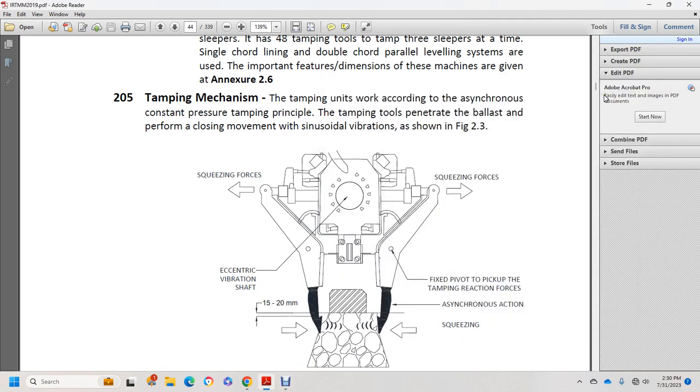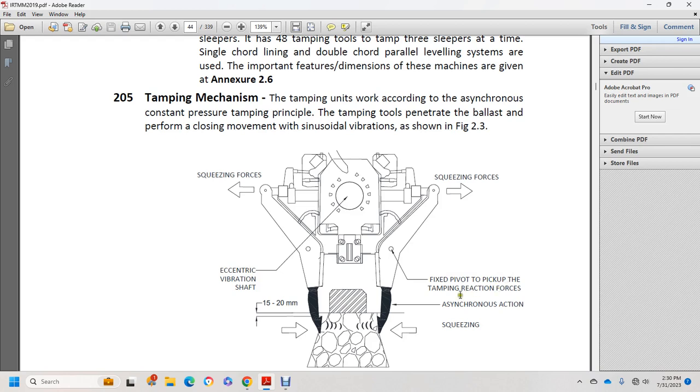2.5, tamping mechanism. Tamping units work according to the synchronized constant pressure tamping principle. The tamping tools penetrate the ballast, performing the closing movement with incidental vibration, shown in Figure 2.3. It shows the squeezing forces to the left and right, with an eccentric vibration shaft fixed and pivoted to pick up the